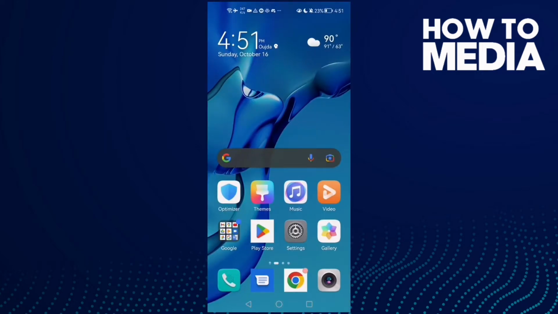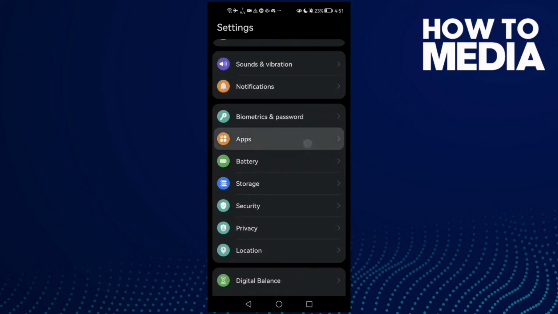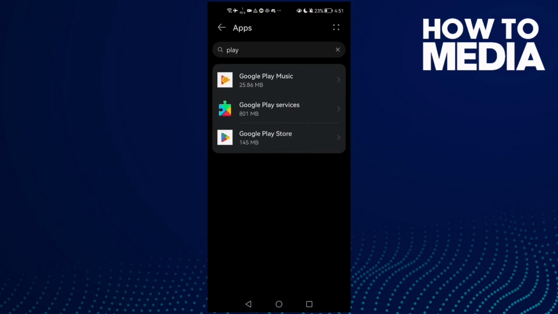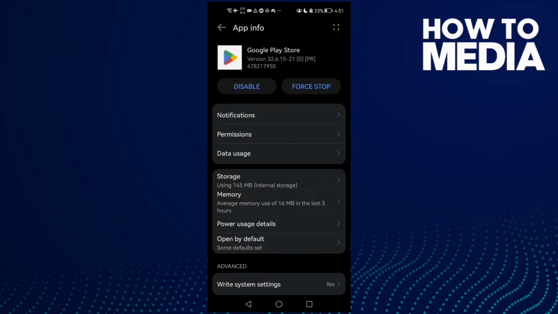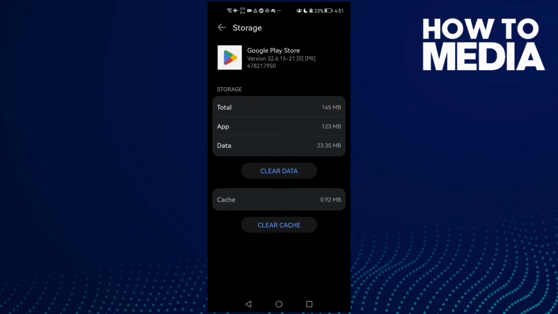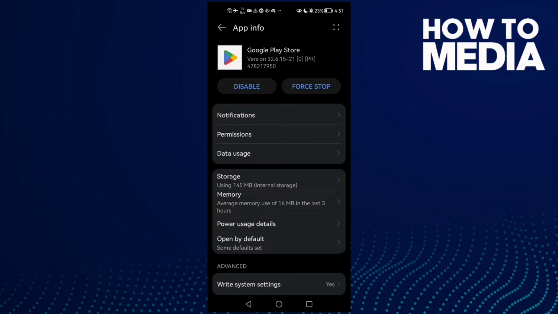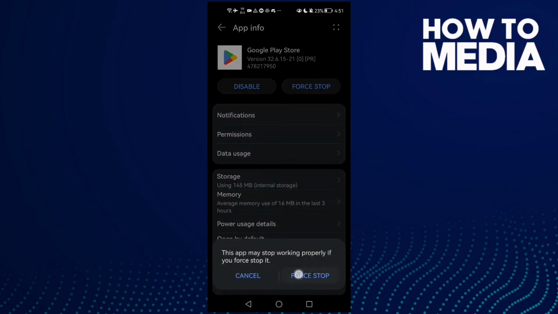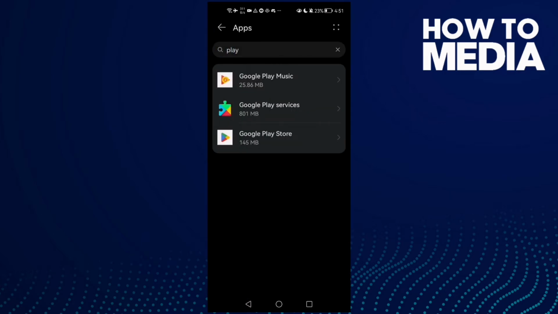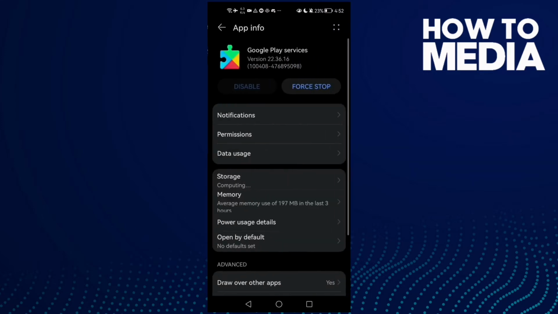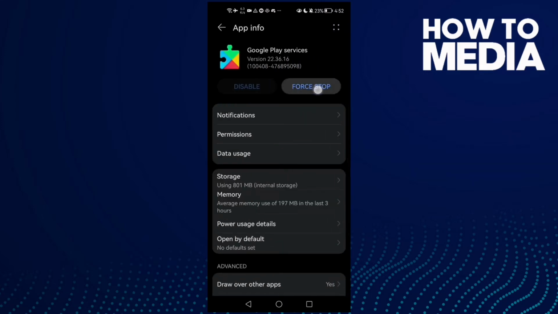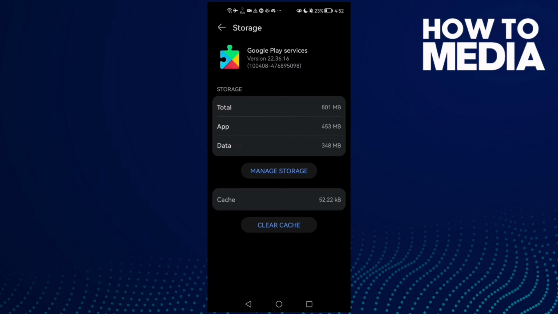First, just click Settings, then click Apps and Apps again, and here we'll find Google Play Store. Click on it and now click Storage, click Clear cache, then click Clear data here and click OK, and Force stop. And go back and go to Google Play Services and click this one here, Storage, and